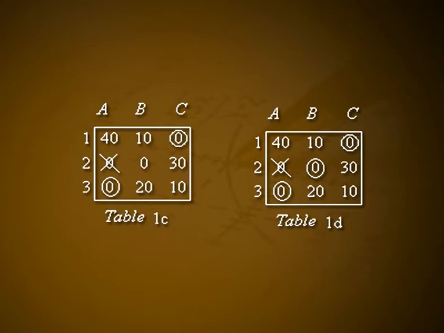In this table, we again examine the rows successively. The second row has unmarked 0 in the second column and we enclose this 0 inside a circle. Thus, we arrive at table 1D. In table 1D, since every row and every column have one assignment, the total number of assignments is equal to the order of the cost matrix, which is 3. Hence, by case 1 of step 4, the assignment schedule obtained in table 1D is optimal.